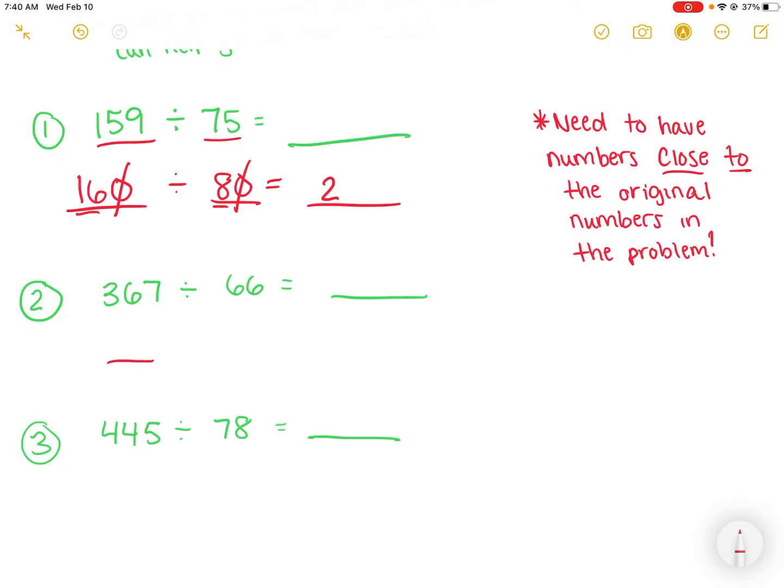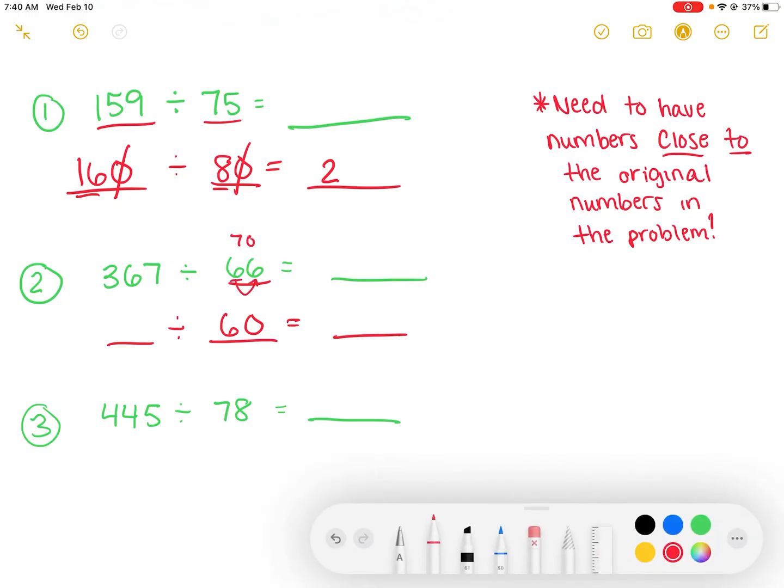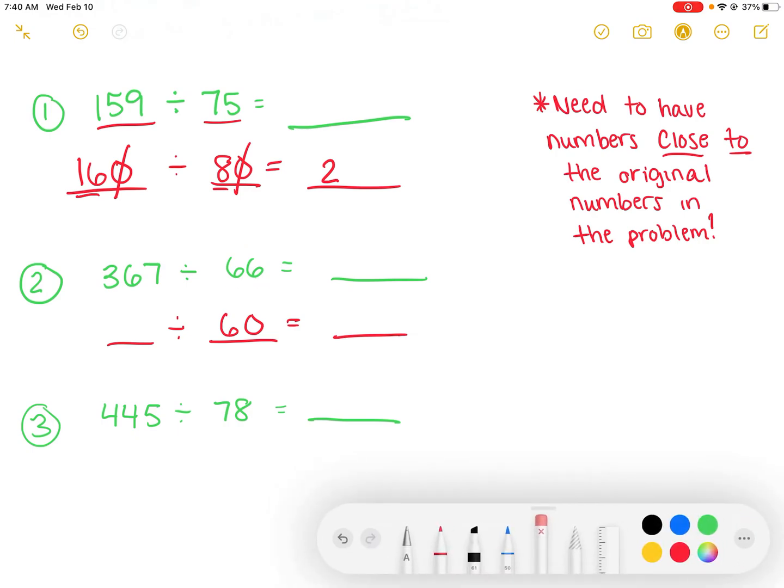So again, I'm going to use compatible numbers, which are numbers that are close to the original numbers, to find my answer. So again, I find it easier to start with the smaller number, 66. I'm just going to change that to 60. Now, as you can see already, that breaks the rules of rounding. That's how compatible numbers are different. If I was to round this number, it would have changed to 70. But we're not going to round. We're just going to look for compatible numbers, numbers that we think might work to make it easier to divide